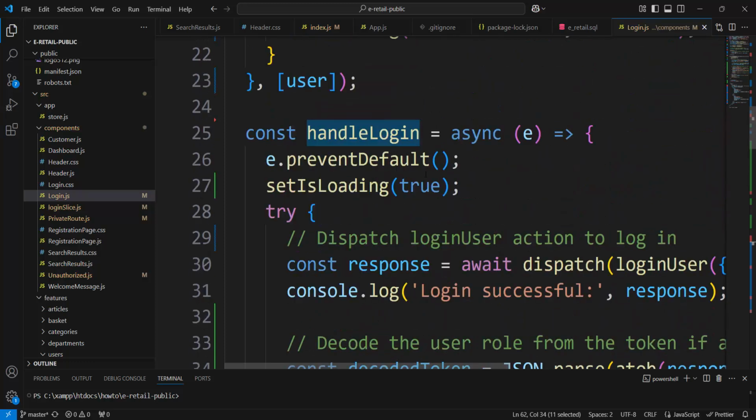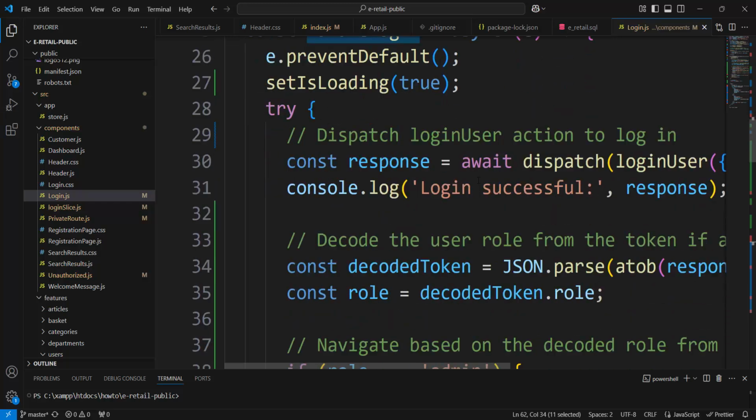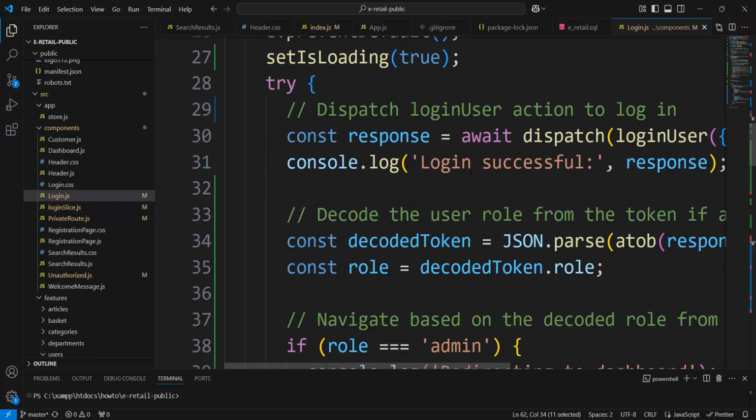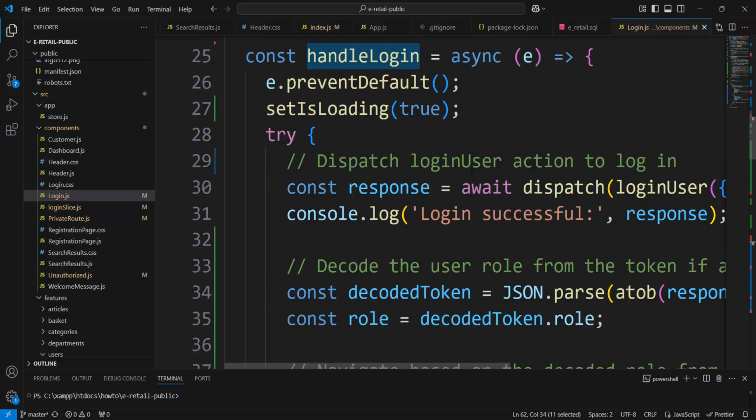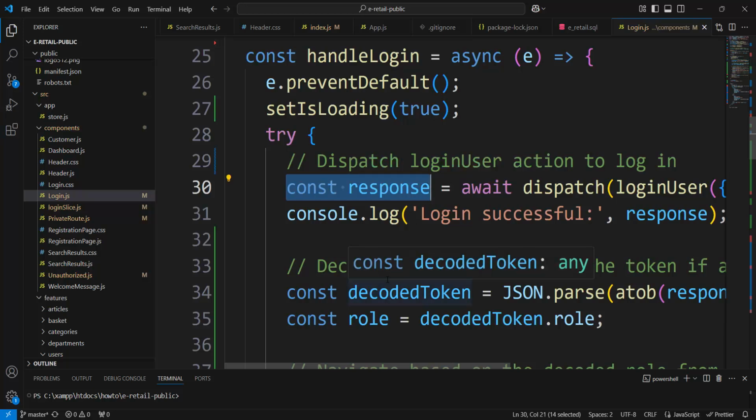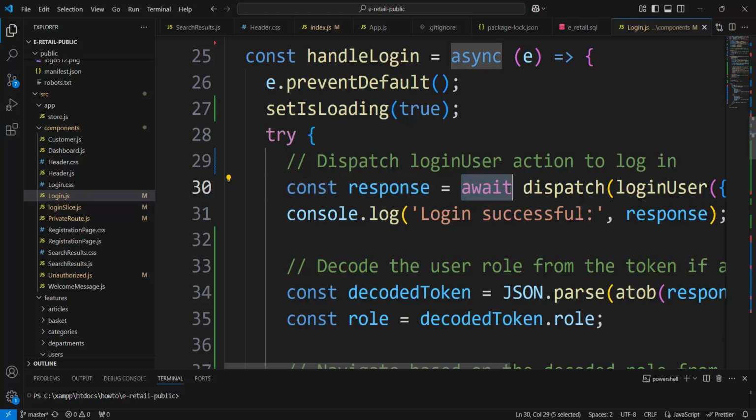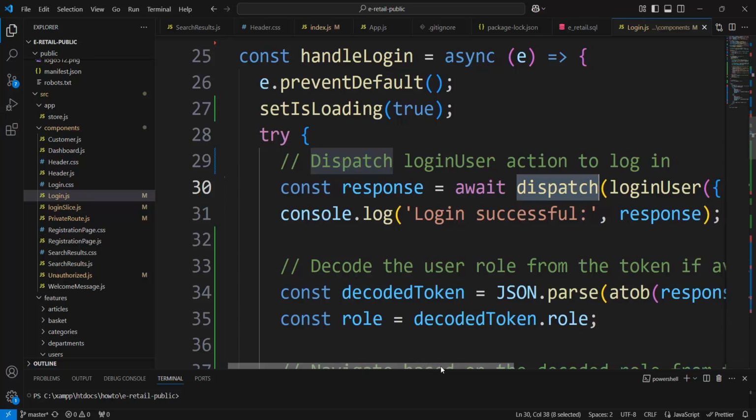Handle login, here it is, and here it is dispatch. In the variable response we get the result from the right side. We await that result, and the dispatch function, dispatch